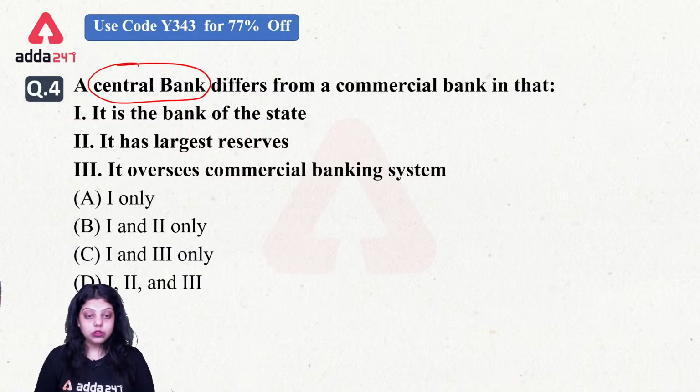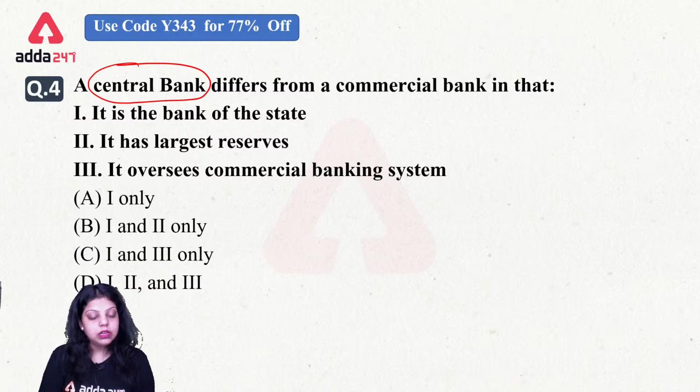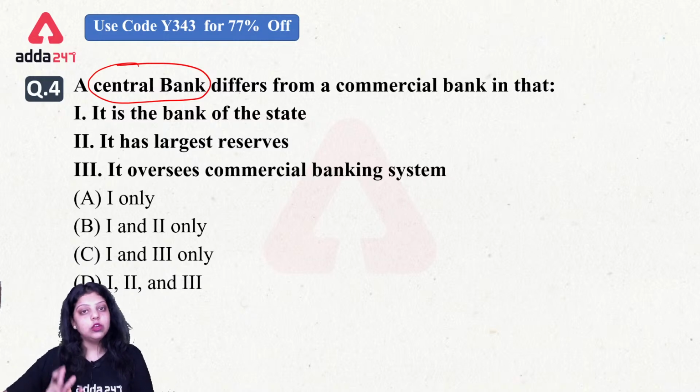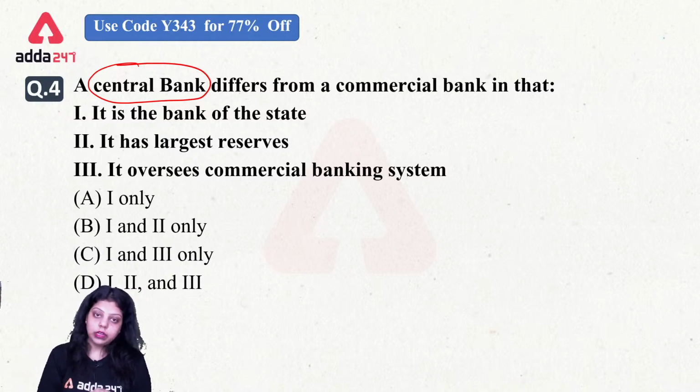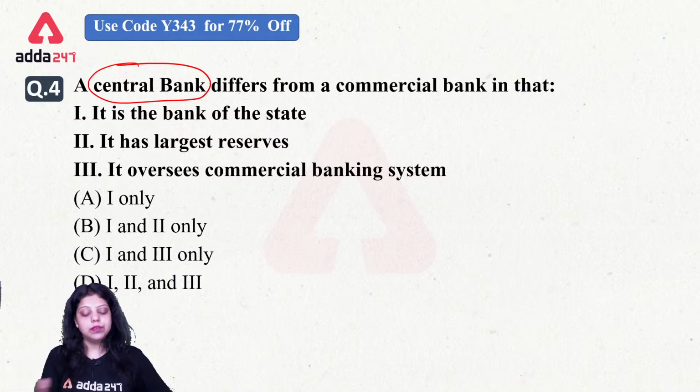See, if we are talking about central bank, it is the Reserve Bank of India and it differs its functions from the commercial banks of our country. Now, what are commercial banks? Commercial banks simply are the banks which work for profit. The main motive of commercial banks is to earn profit, and they provide all kinds of commercial investment services. It means in a commercial bank you can deposit your money, withdraw your money, take a loan, clear your check, issue a demand draft, perform payments, and have the locker facility. It means commercial banks are providing all kinds of services, primary, secondary, investment, commercial services.